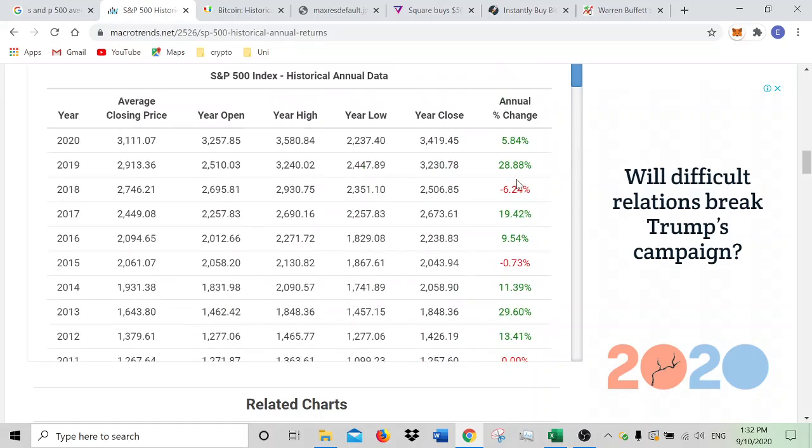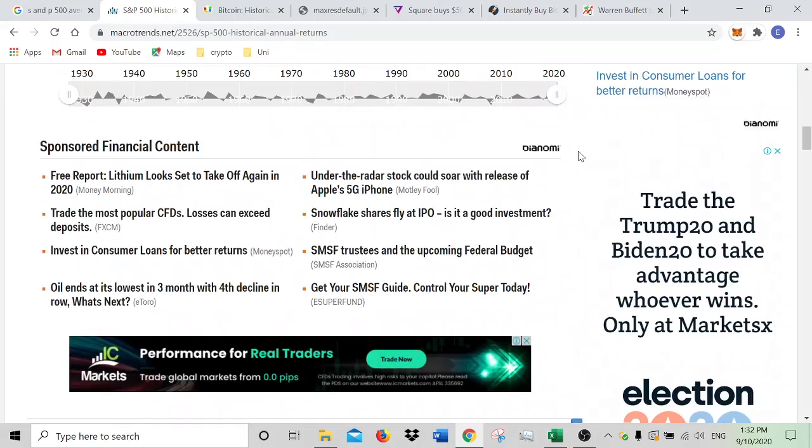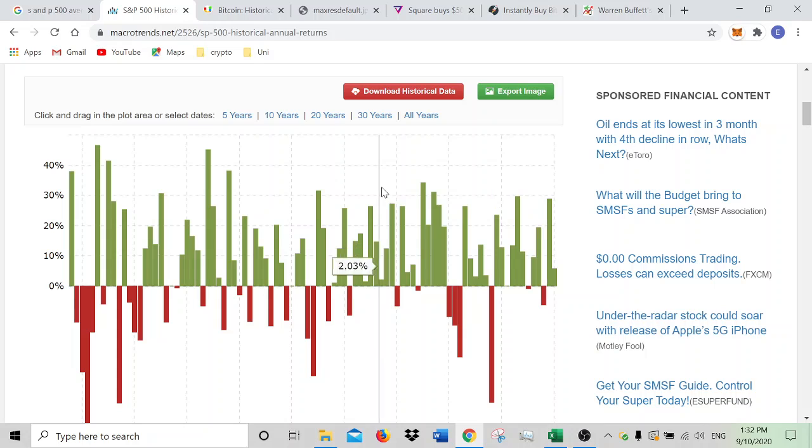Now, trying to time the tops and bottoms becomes really hard. You might be able to do it within 10% if you're a full-time trader and you dedicate your life to that type of thing, but not everyone has the time to do this. So I'm thinking about a more passive way for the average person who wants to increase their wealth.